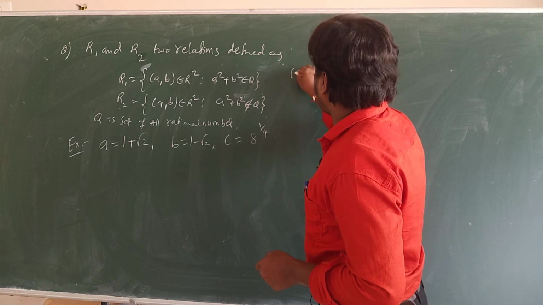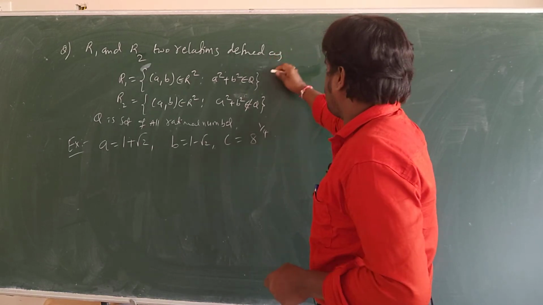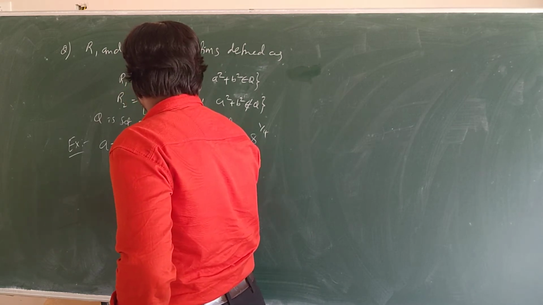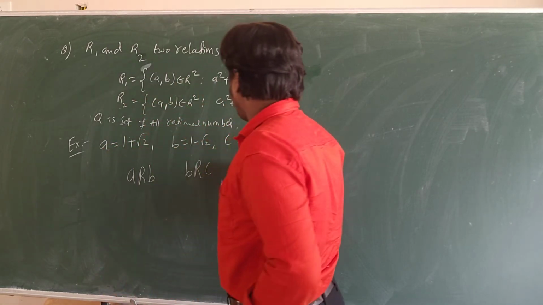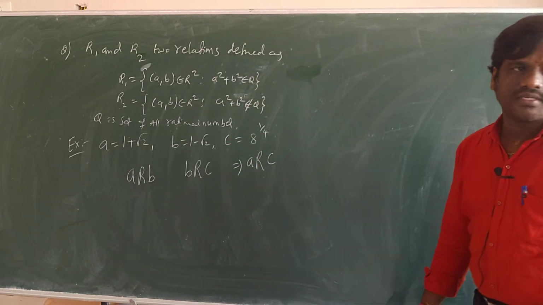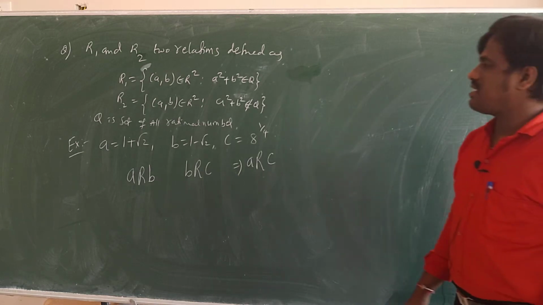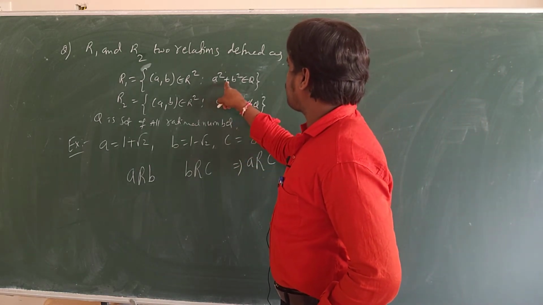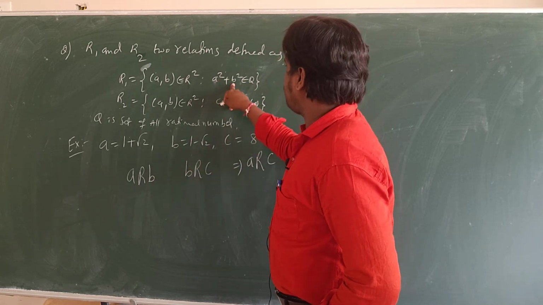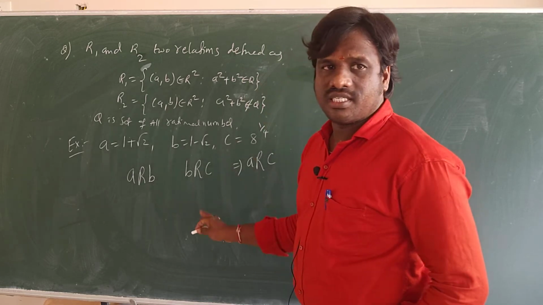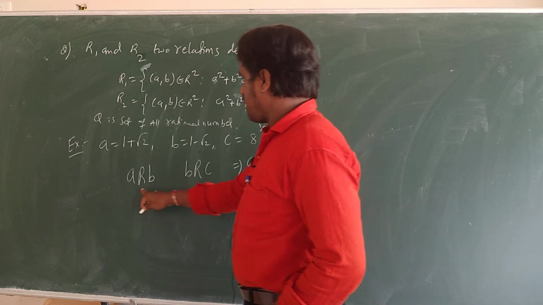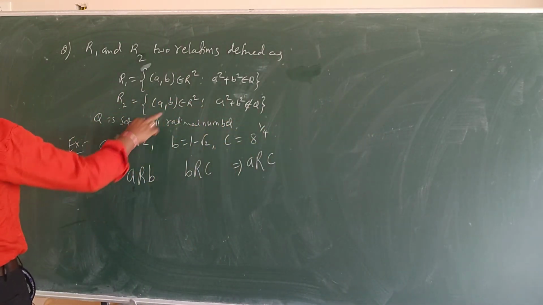So (a, b) is one relation. See, if I say here (a, b) is a relation and (b, c) is a relation, then you get (a, c) also as a relation. That should hold. (a, b) is a relation means a square plus b square should be a rational number, for any numbers a, b. Let's see here. Example, we are taking a, b, c like this. Now let's see a relation b, what will it be?